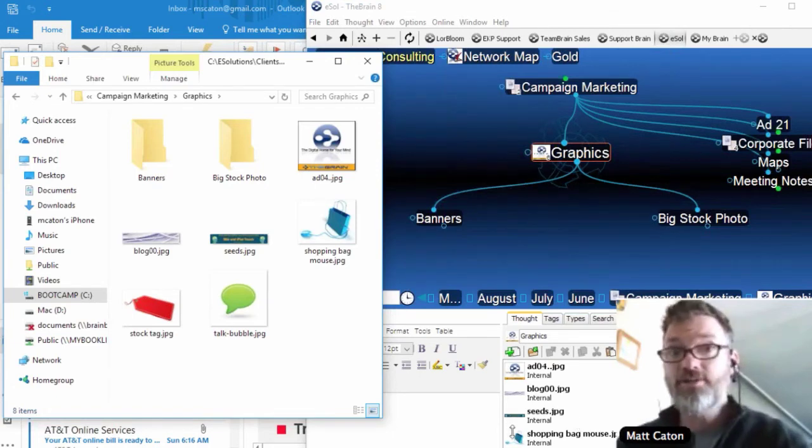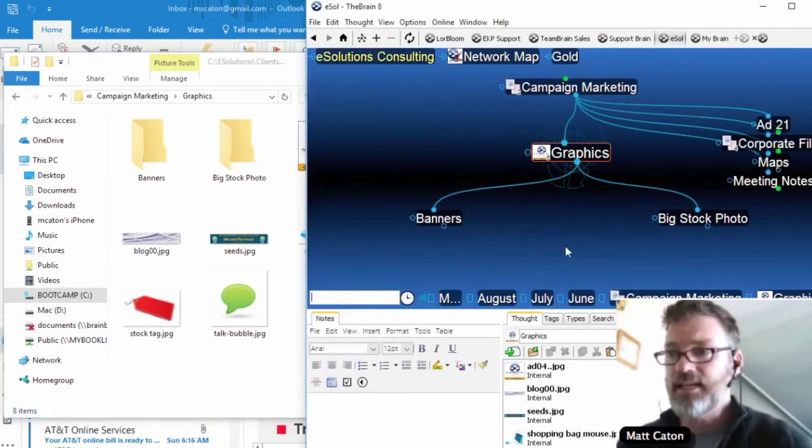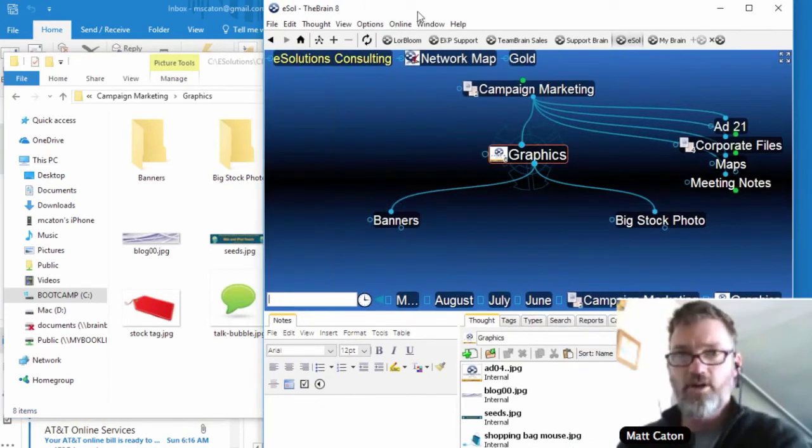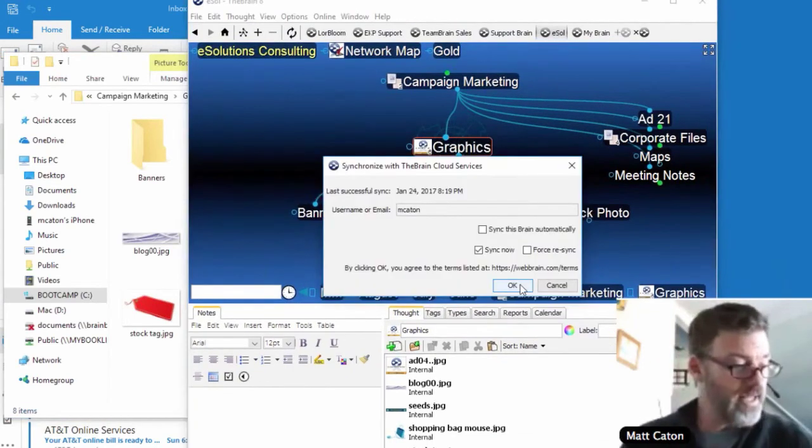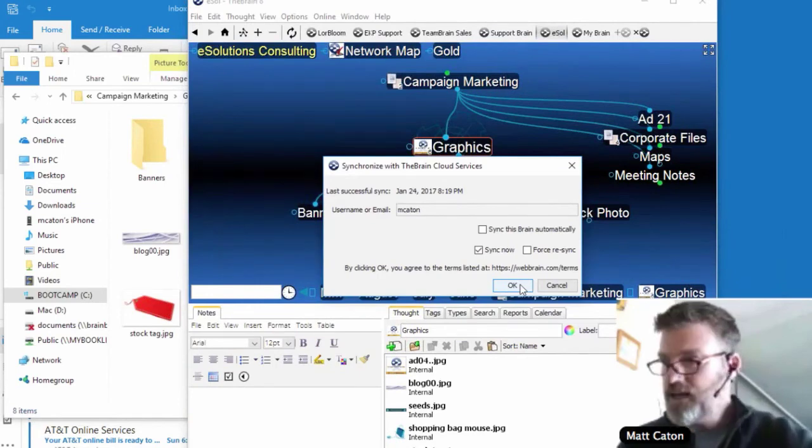And let's go ahead and do that now as well. So I'm going to go ahead and just sync this in the background. A lot of new content, so that sync might take a while. I'm going to go ahead and let that sync. While it's syncing, I'll actually open up